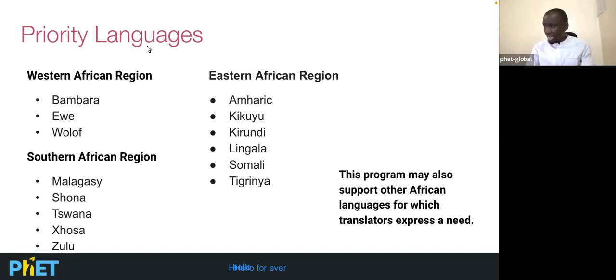And just like I mentioned earlier on, we've had requests from locales that are currently not listed, but a teacher believes it's going to be impactful to have the resources available in that language. So if you fall in that category, if we've not identified your locale, or we've not prioritized that, we might be able to support that if